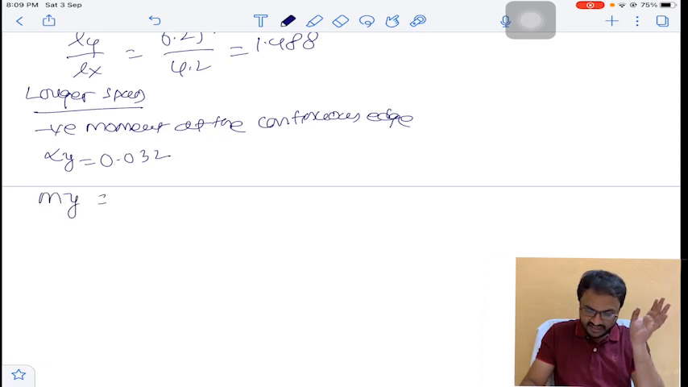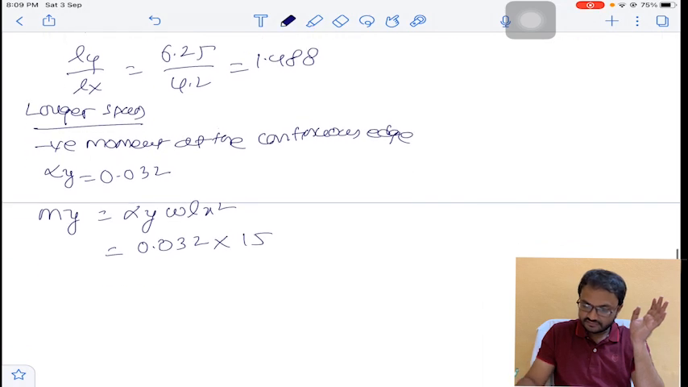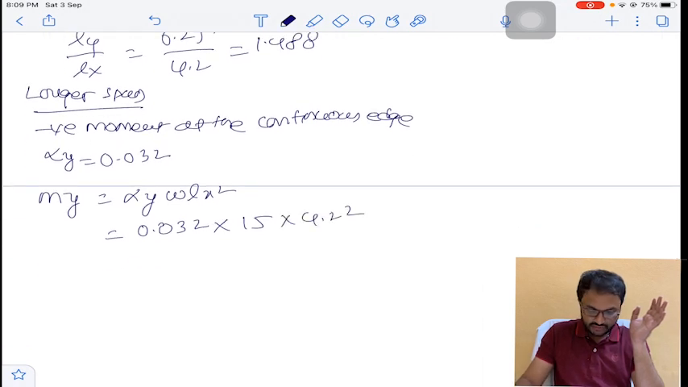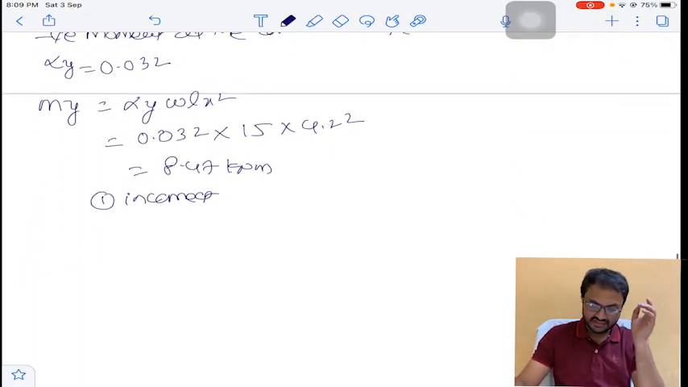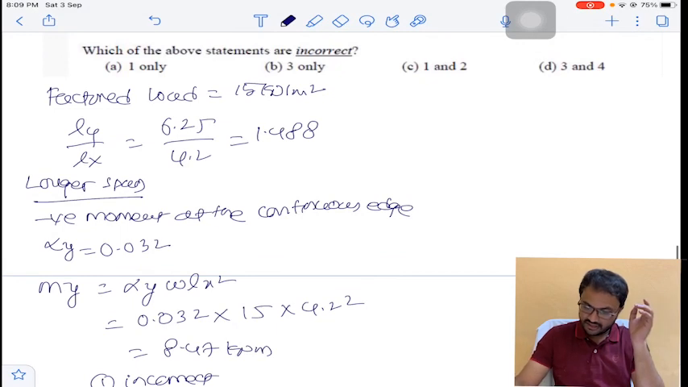And My is alpha y w Lx square. Alpha y is 0.032, w is 15 and Lx square is 4.2 square. It will be 8.47 kilonewton meter. And statement 1 is incorrect. So negative moment corresponding to continuous edge for longer span is 18.75, but we got only 8.47. Statement 1 is incorrect. Coming to statement 2, he has given it is positive moment